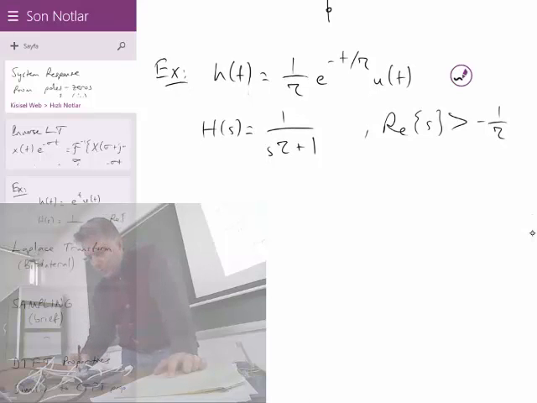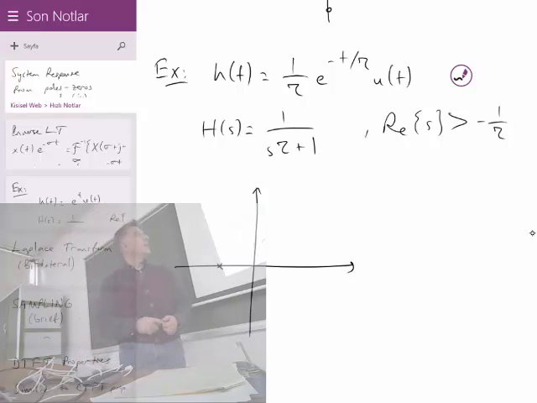So let's put a pole at minus 1 over tau somewhere here. We have one pole. If you don't have a zero, you may just assume the numerator to start with a 1. Okay, it will be 1 over this thing within a scale. So at this point of omega, let's assume, and this is minus 1 over tau,